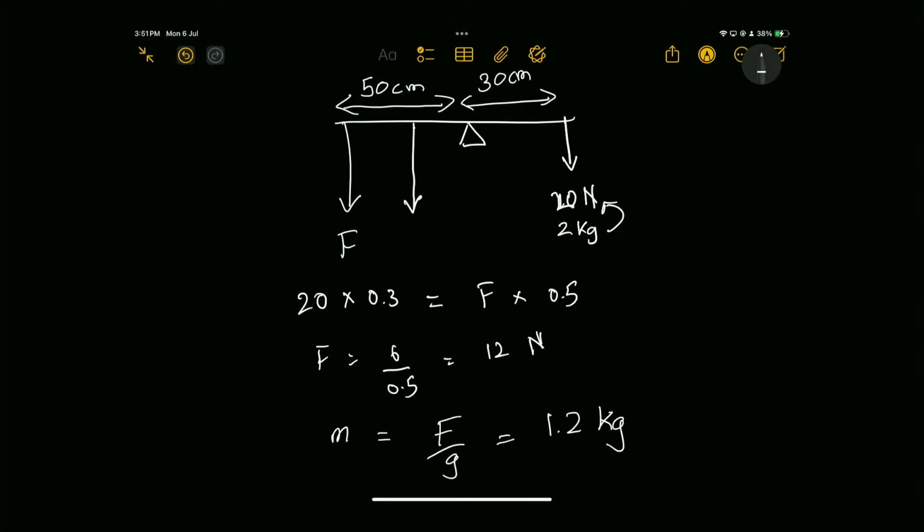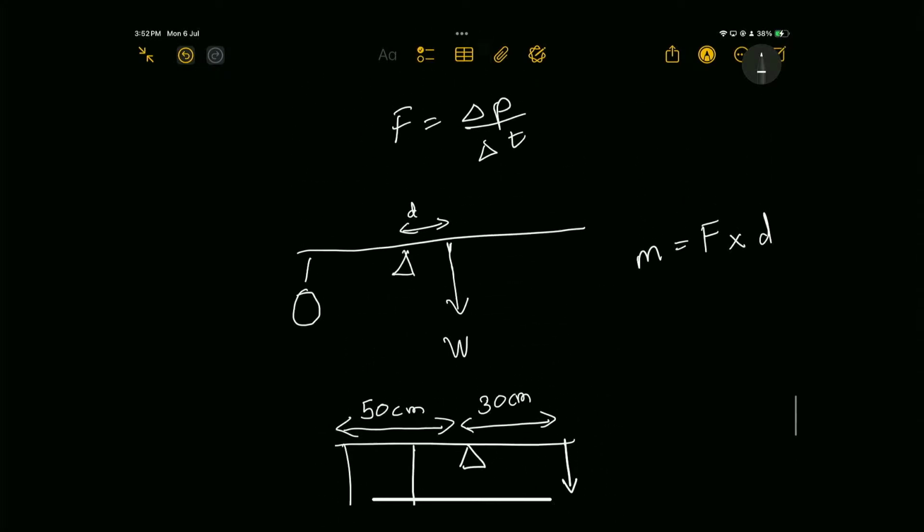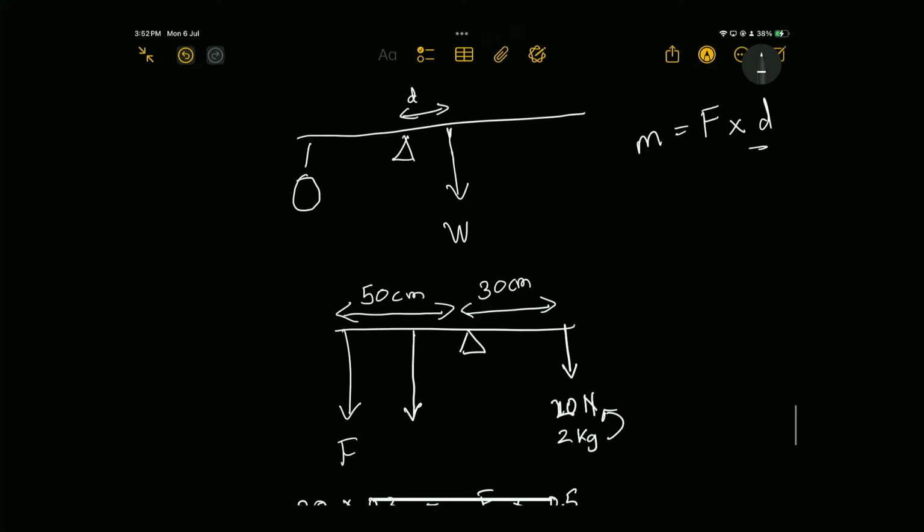If F is now moved to this location, no, so actually in this case the moment due to F would decrease if it moves closer to the pivot, because when it moves closer to the pivot, the D in this formula here, this D decreases, right? Therefore the moment would decrease if the force is moved closer to the pivot. If it's moved further away from the pivot, then the moment would increase,